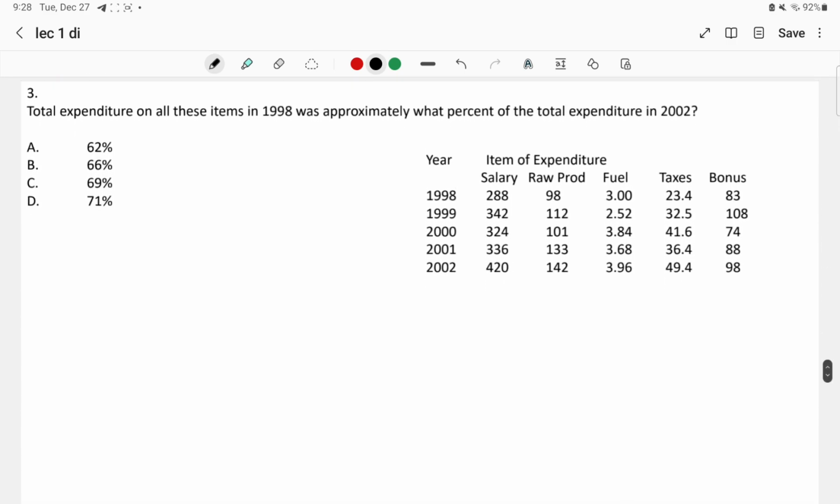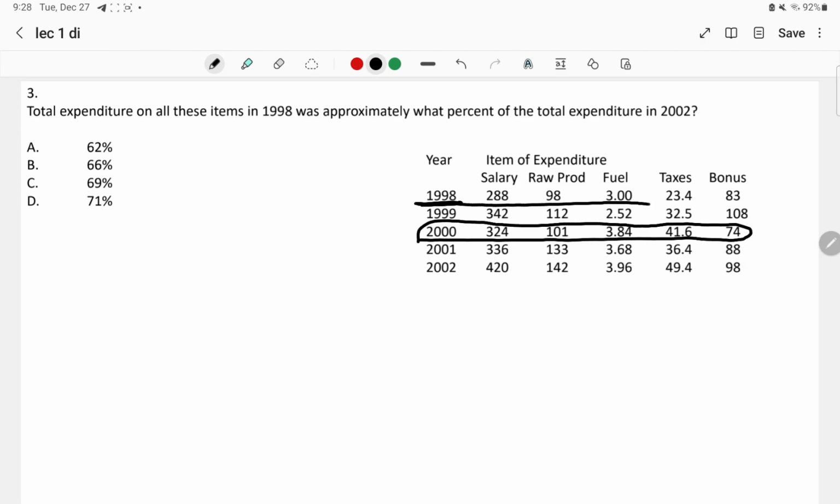Moving on to the third question. What is given over here? Total expenditure on all the items in 1998 was approximately what percent of the total expenditure in the year 2000. Look here, you have to look in the data of 1998 and 2000. This is the data for 2000 expenditure. This is the data of the expenditure in the year 1998 for various purposes like salary, raw product, fuel, taxes, bonus. Okay, what they have asked us, total expenditure